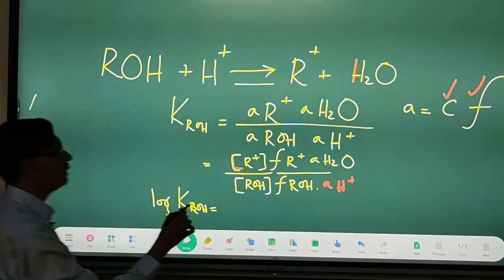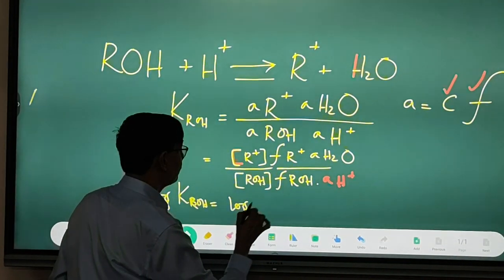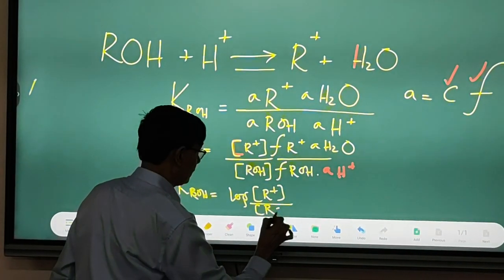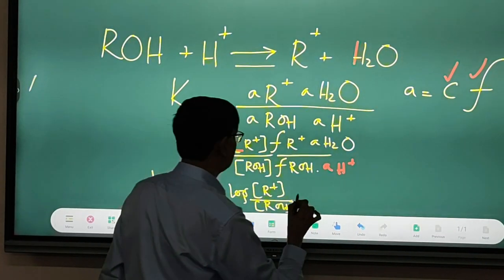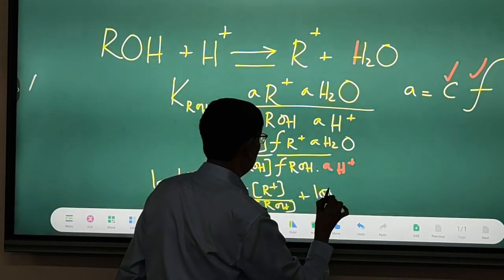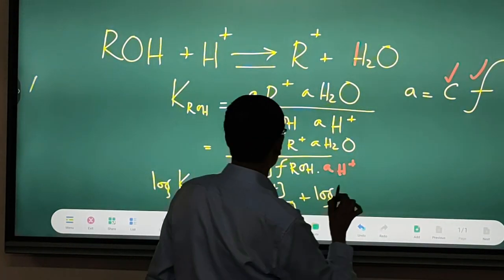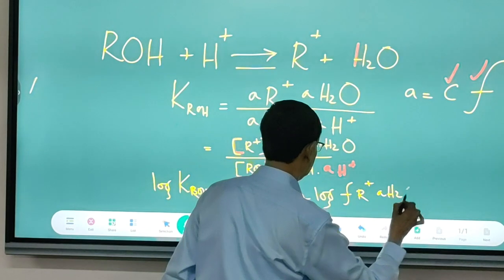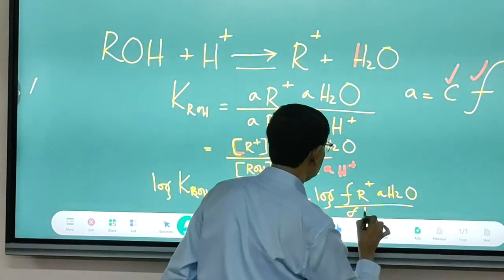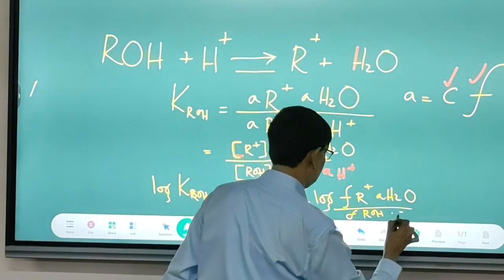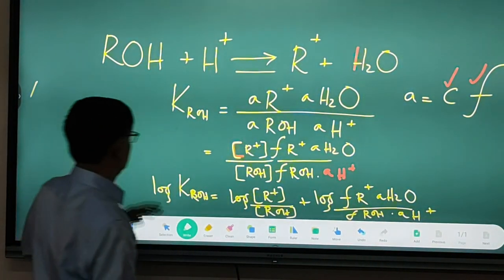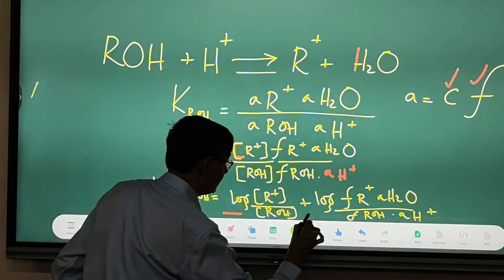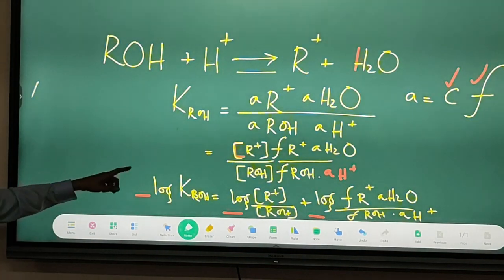is equal to, same thing, log of R plus ROH plus log of FR, activity of water, FROH, and activity of hydrogen. See this side. So again, if I take minus, minus, minus, you know, minus log of K,